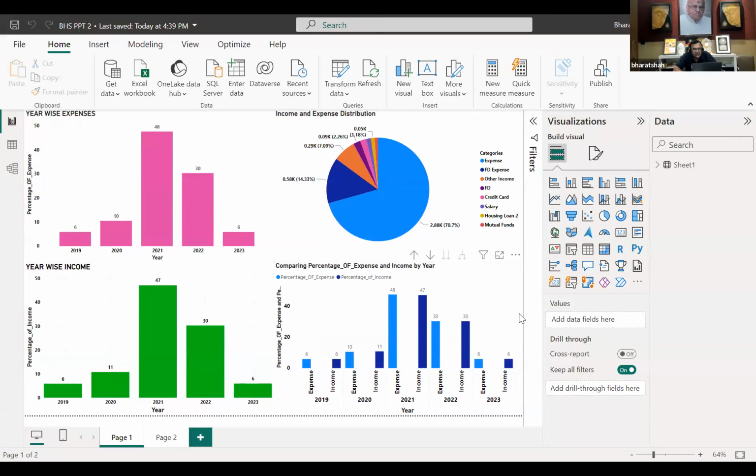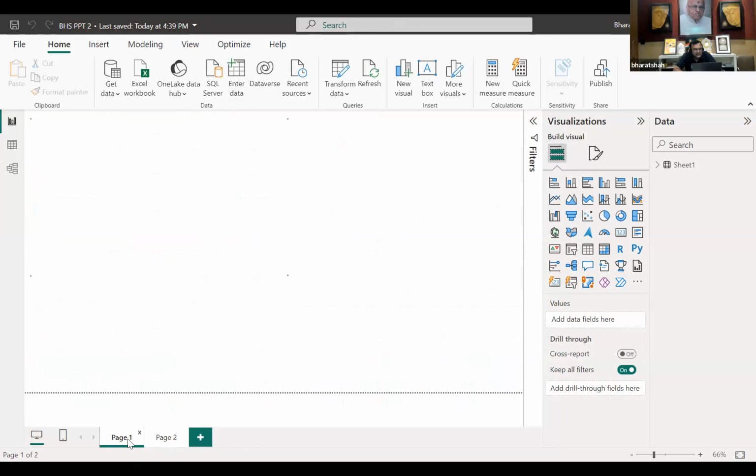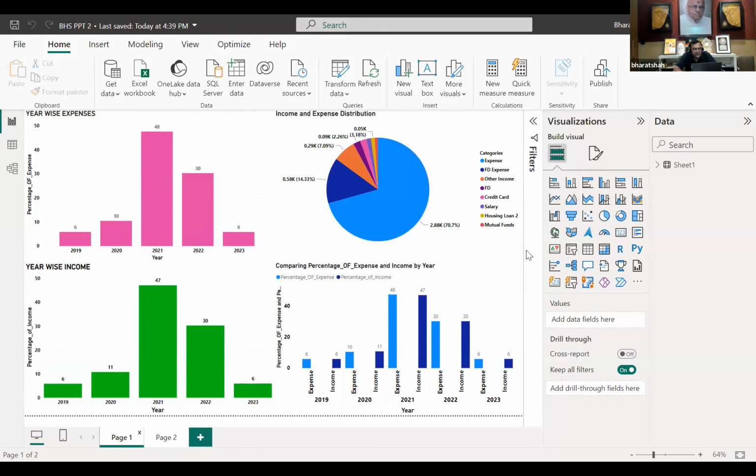for the future as well. So this was the second use case, and analytics itself is a pretty huge area, and nowadays we have generative AI also coming in.